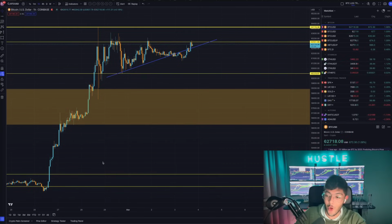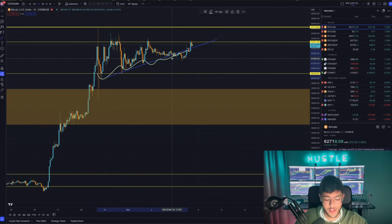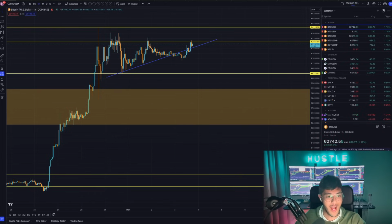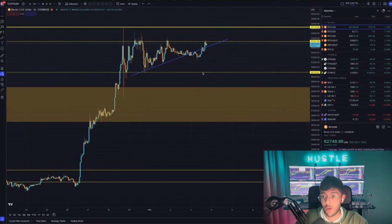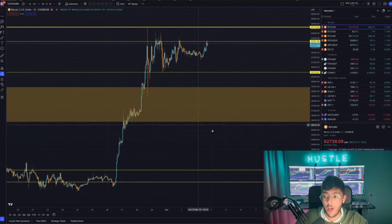Bitcoin is forming a phenomenal pattern on this chart, which could lead to a massive breakout. And it stems from this kind of ascending triangle formation, but more so from keeping these highs. You see, the best thing that Bitcoin could possibly be doing at this stage in the market is exactly what we've been doing here, which is basically just trading sideways. Bitcoin entered the $62,000 price range and basically just went sideways between $63,000 and $61,000 here, which is absolutely fantastic because it allows Bitcoin to cool off a little bit, just recuperate a bit of strength before